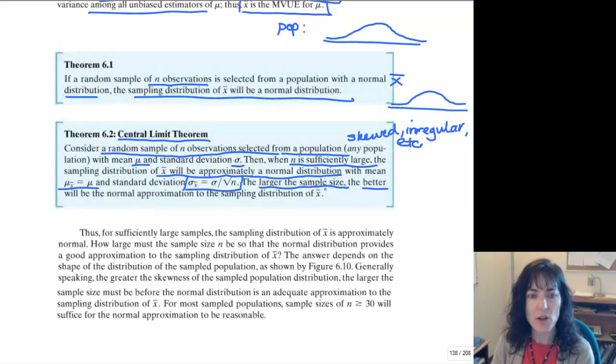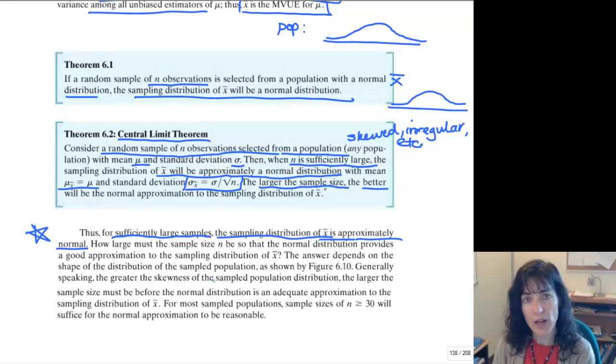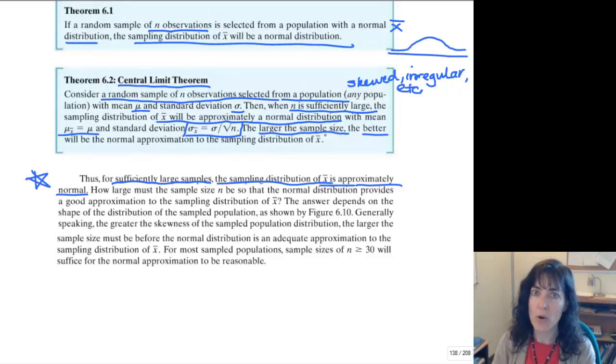Thus, for sufficiently large samples, the sampling distribution of X bar is approximately normal. That's perfect. That's what we want to know right there. So if you wrote this down, circle it, underline it, whatever you need to do, if we get a large enough sample, then that distribution for our X bar is going to be approximately normal. And the beauty of that is then we can use all of those probability things to figure out the area under the curve. We can use our chart. We can use all that analysis that we've learned and make conclusions about our X bar using the normal distribution,